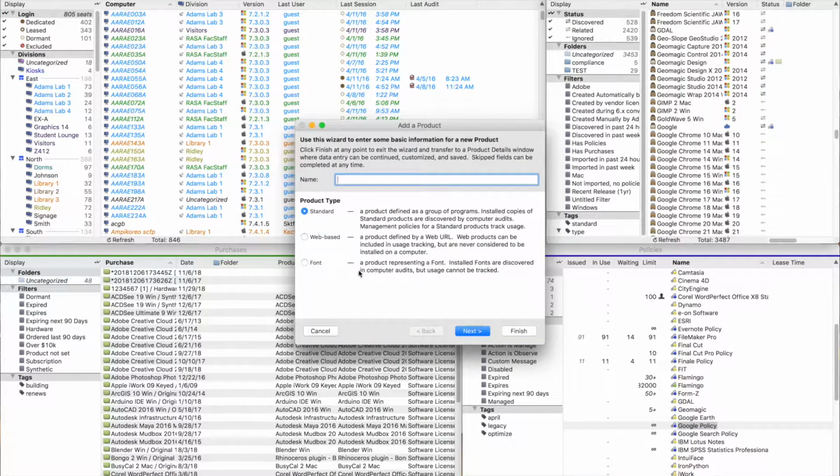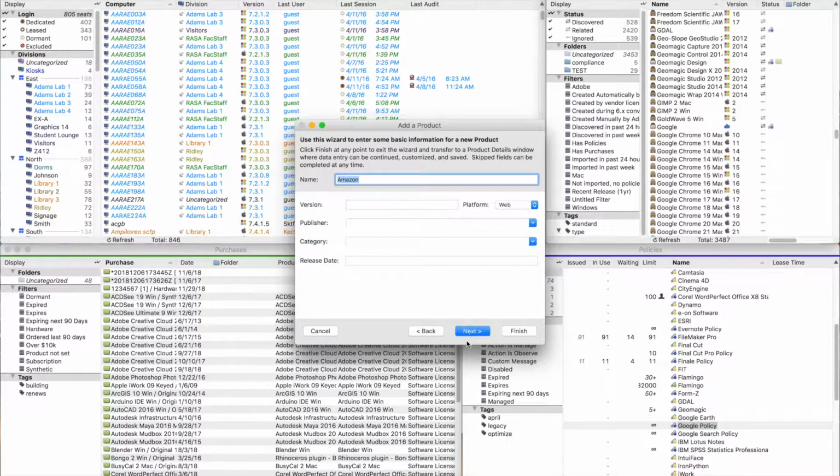So as I said, you need to create a product first. So we'll go in here and right click to create a new product. And now this is where we can give this a name. And in this case, we will just create a product for Amazon.com. I'll just call that Amazon, and I'm going to select web-based and select next. And with this window, I can fill in any information that I have. I will call this Amazon. Category, perhaps I can select shopping,